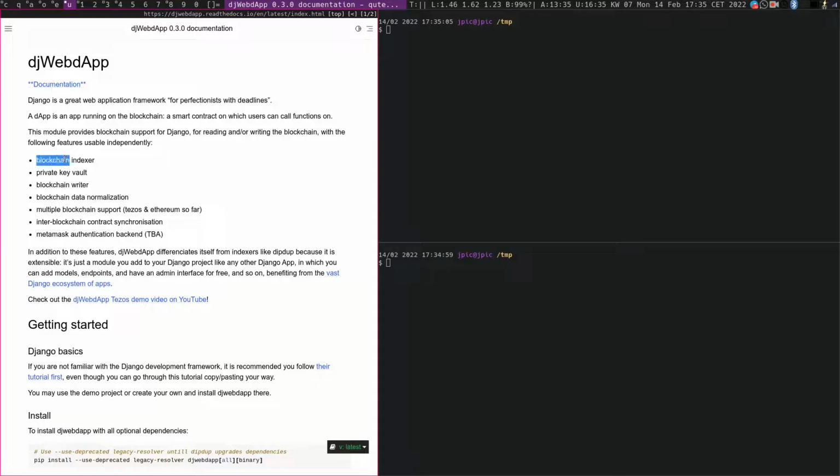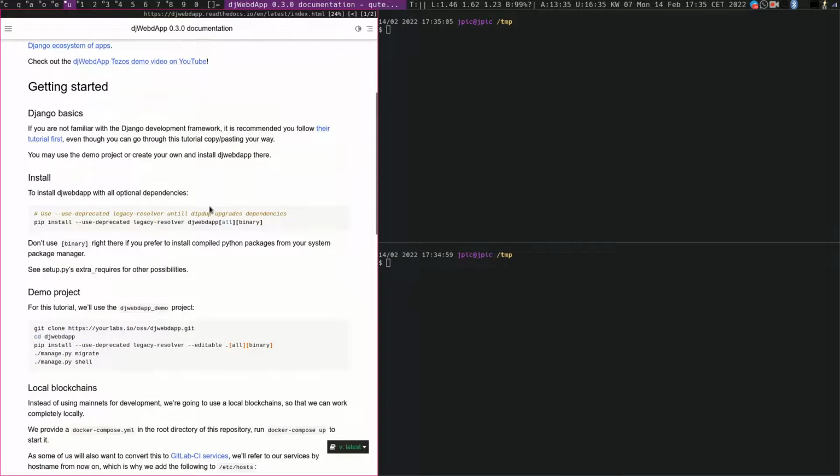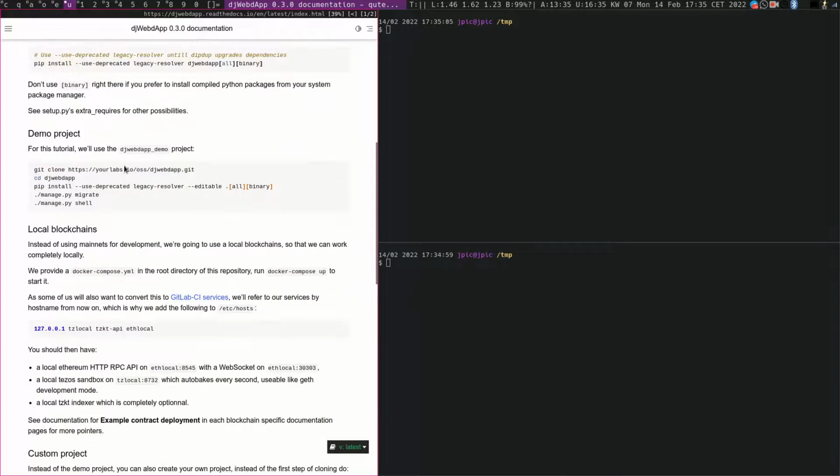So there's a blockchain indexer, a private key vault with Fernet encryption, a blockchain writer, data normalization features thanks to Django ORM, and multiple blockchain support. So far we are supporting Tezos and Ethereum. This video is about Ethereum, and inter-blockchain contract synchronization is also possible, and we're going to be adding authentication backends for MetaMask. So let's set up the demo project, clone our repository,